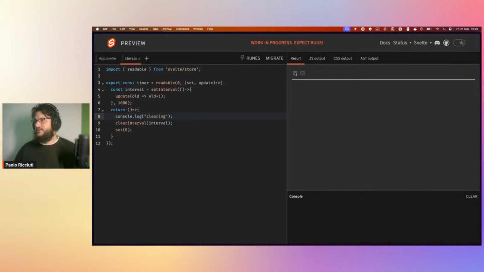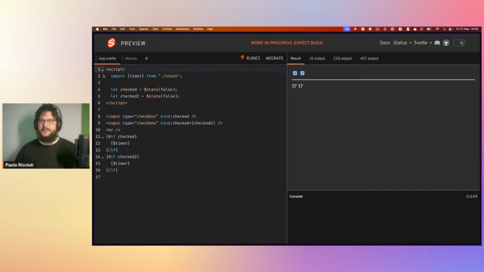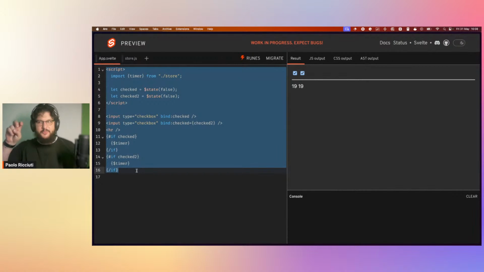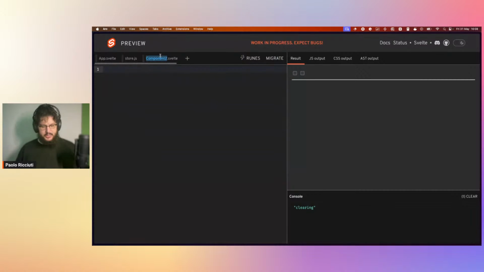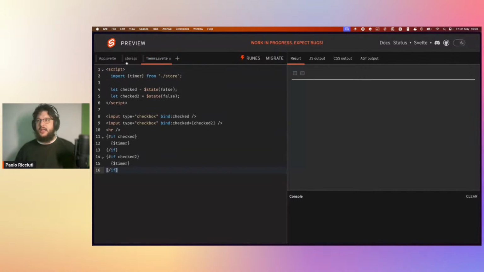Let me see. So if I open this, I open this, I close this, and I close this. Why is it not being called? Oh, I think maybe I need to literally destroy the component for the subscription to clear. Yeah, probably. Yeah, it will clear. So if I move all of these inside another component, timers,